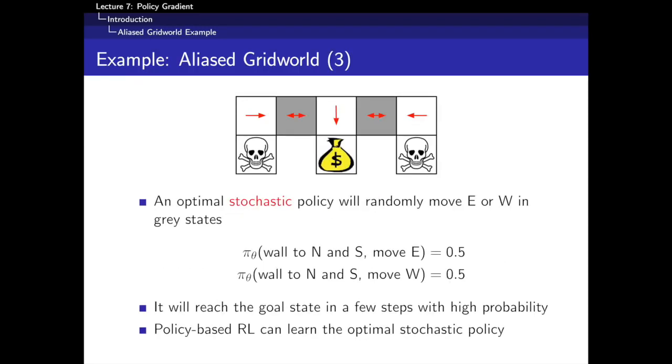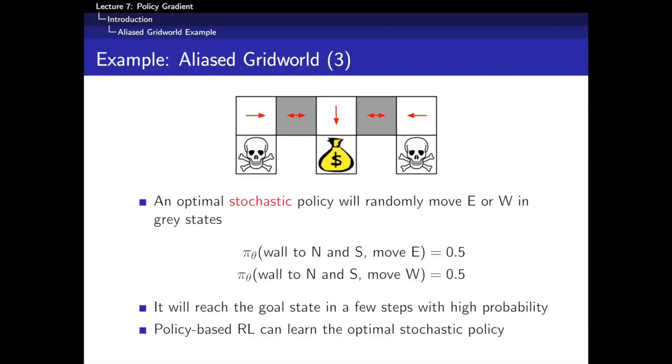If you use a stochastic policy, then things are much better, because we can optimize our policy so as to choose a policy that goes east or west with 50-50 probability here. So now, if we're in these grey states, we'll just randomly pick a direction, and if we find ourselves over here, well, sometimes we'll go left, but sometimes we'll go back right, and then we'll be pushed down to the treasure. So in just a couple of steps, we're likely to reach the treasure, compared to a value-based method, where if we were to act greedily with respect to our value function, we would end up taking, in certain cases, a very, very long time to reach the treasure, possibly forever. Okay,